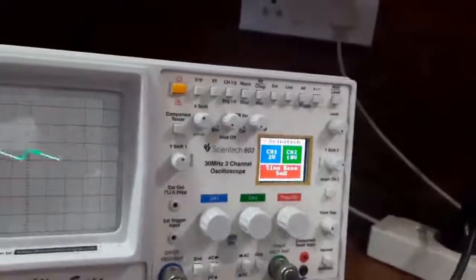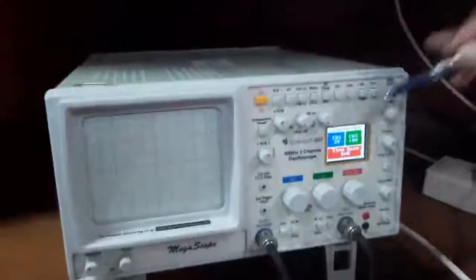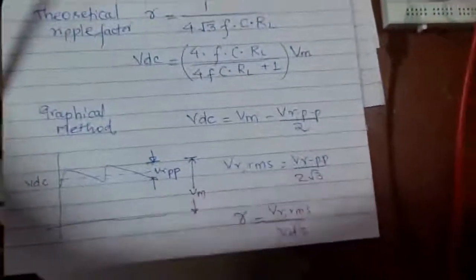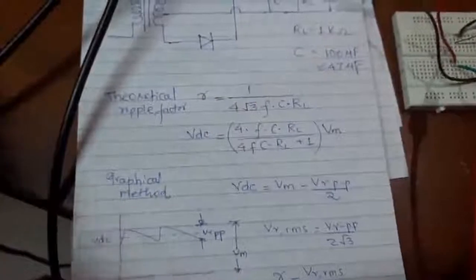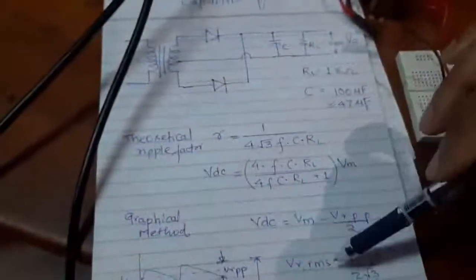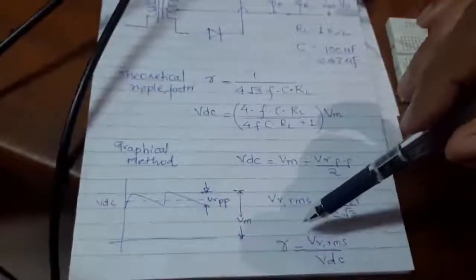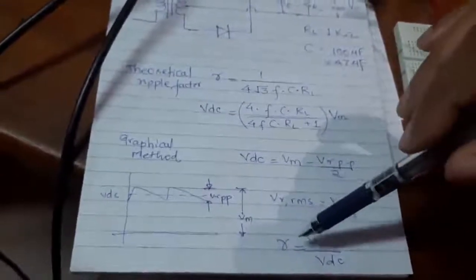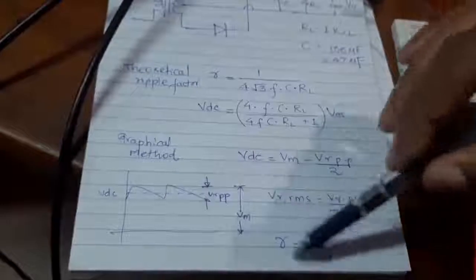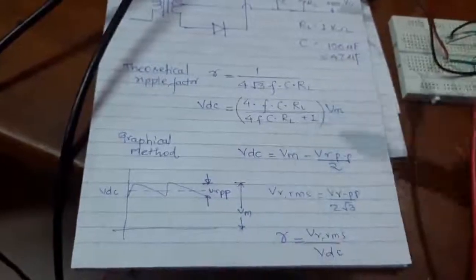In this case it has reduced. If you actually calculate this, it has reduced. So it is 0.6 into 2 volts. Again you write VR peak to peak as 0.6 into 2 volts. VM will remain the same. You calculate VDC from this, you calculate VRMS from this, and you find out in the case of 100 microfarad, when you use a higher value of capacitor, what happens with the ripple, whether it increases or decreases.